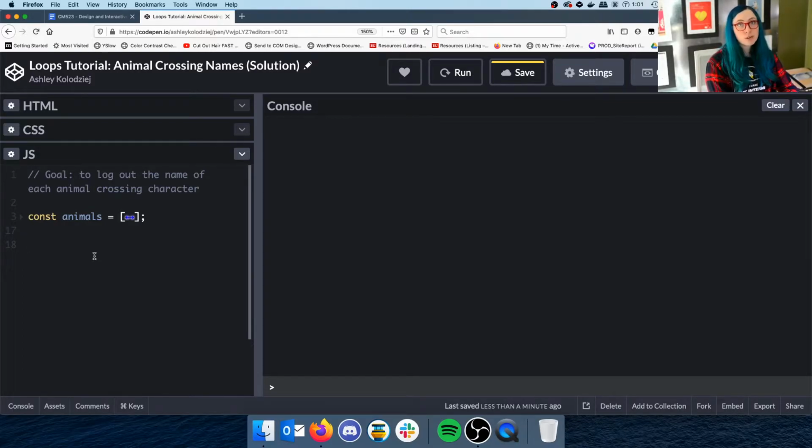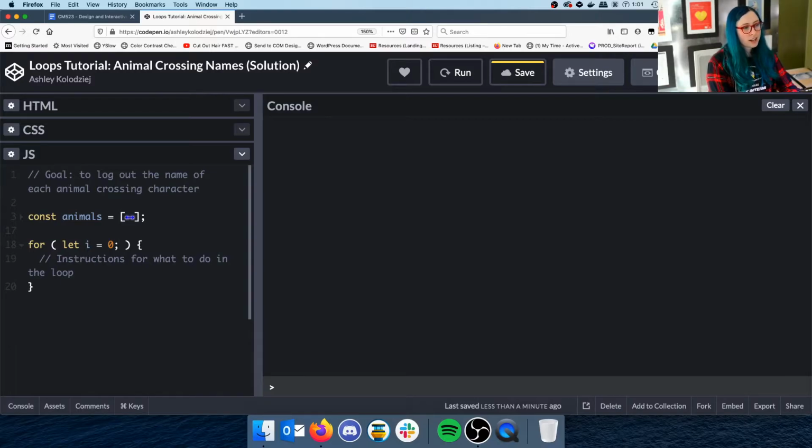So here's the syntax for a for loop: for, in parentheses, and then we're going to put semicolons, which will denote the instructions for what to do in the loop. Okay, so inside each for loop, you have to say, how are we going to keep track of what's going on in this loop? Remember that we used i for iteration to help us keep that tally going in our last video. So for let i equals 0, and remember that i is going to change over time because we're going to keep count of the iterations in here. So that's why we're using let.